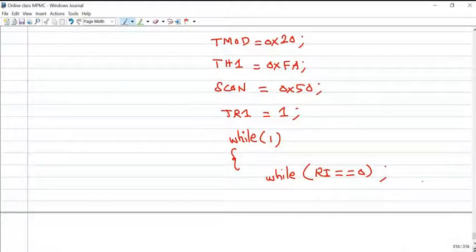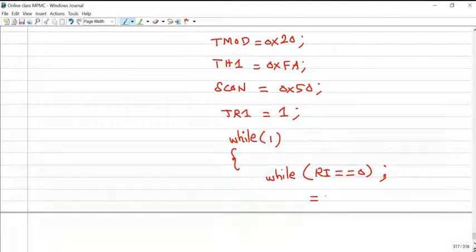Once the eighth bit, the most significant bit or last bit, is received, then the receive interrupt bit should be 1. So this particular line will be executing as long as the data is being received by the controller. Once a byte is received, then RI should be 1 automatically.